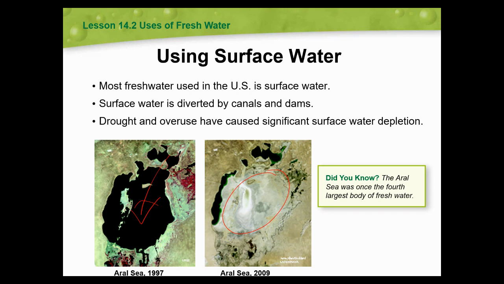In the US, a lot of what we're using comes from rivers in some cities or from lakes in others. In Atlanta, we get our water from the Chattahoochee. So most of our water we get from the Chattahoochee. It's processed, of course. We don't just drink it straight from the Chattahoochee. And then it goes back to the river after it has been processed, after it is used. So that's where ours comes from.